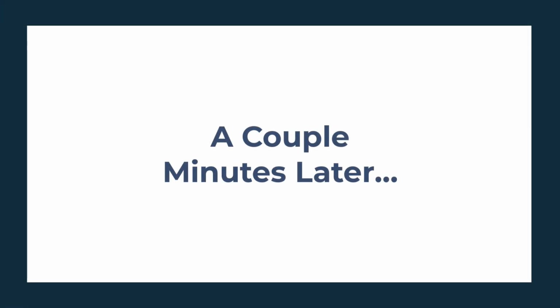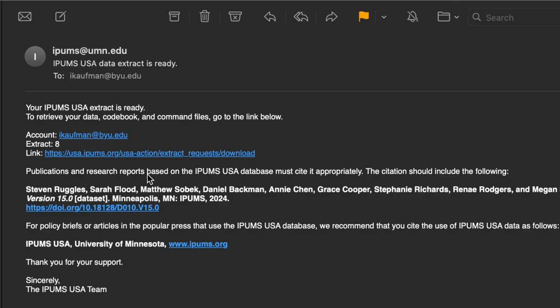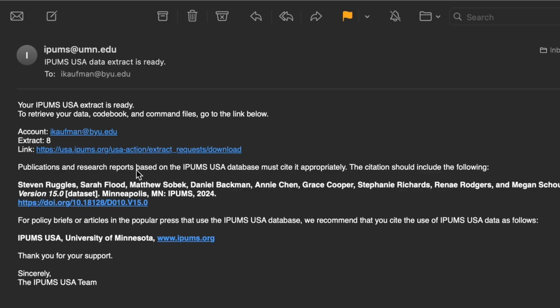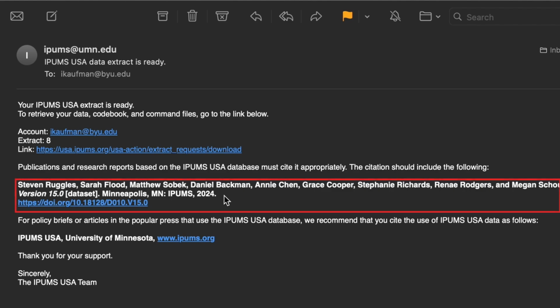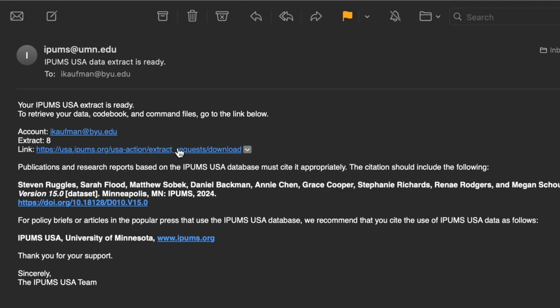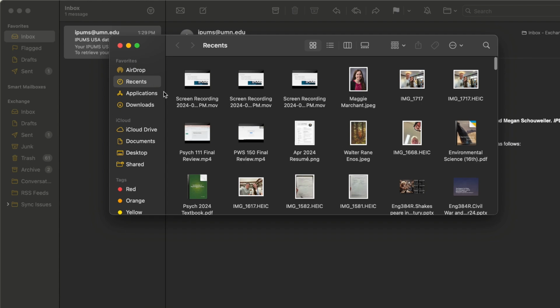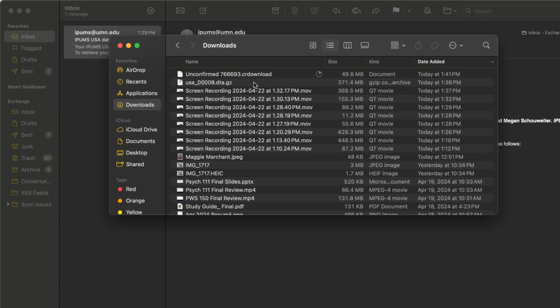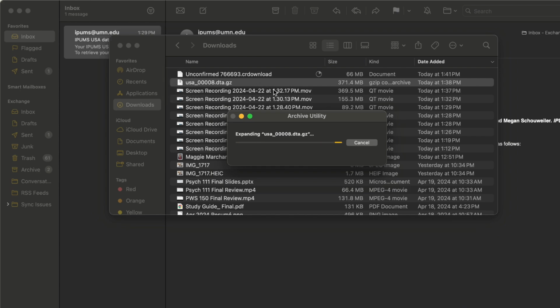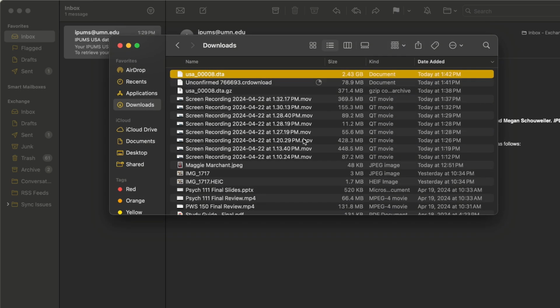I've received an email that my data is ready. IPUMS always includes a citation, which is helpful, and here's the link. So I'll go ahead and click that link, download.dta, and it might take a second to download, but I've done it previously so I can show you what it looks like. It should come up like this, and then you can double click that and archive utility or